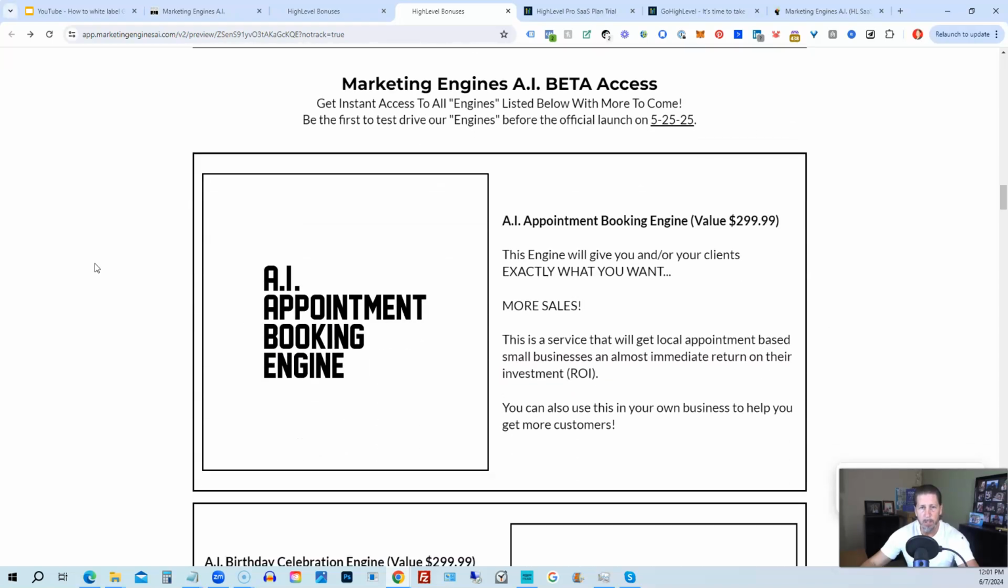From there, you're also going to get access to my Marketing Engines A.I, various proprietary engines that I am building out in my Marketing Engines A.I SaaS. You can get beta access to these. So the only ones that are going to be getting access to these before Marketing Engines AI actually officially launches on 5/25/25 are those who sign up through my affiliate link or Marketing Engines AI at this point as beta